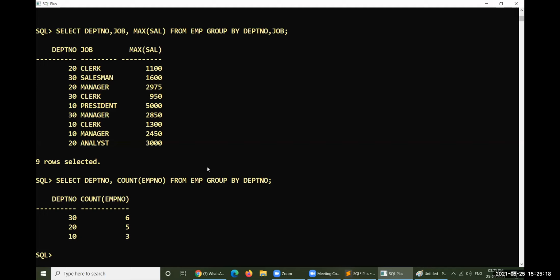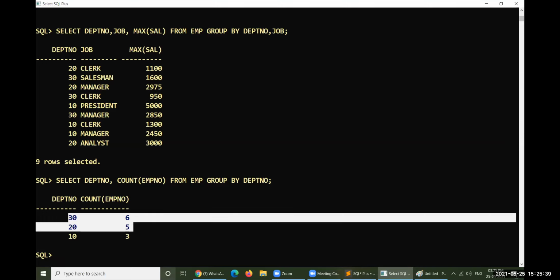So more than 5 employees are there within the department, yes, you can display those departments only. Below 5 employees are there, for example, department number 10 does have only 3 employees. Don't display this particular data. Display only these 2 rows of data.